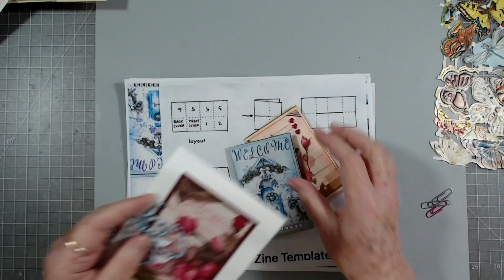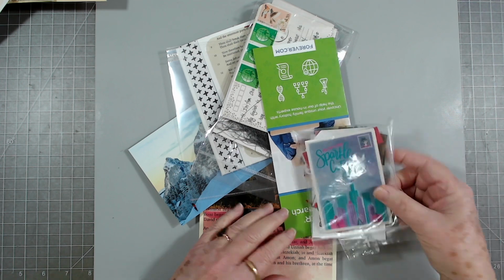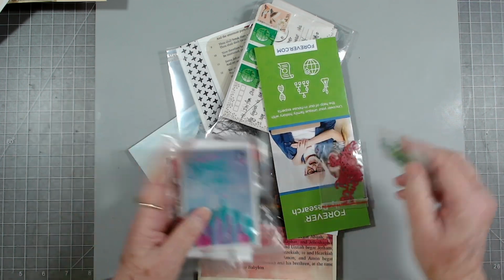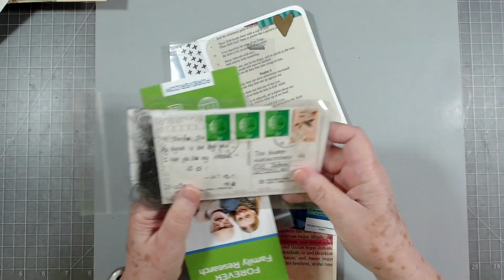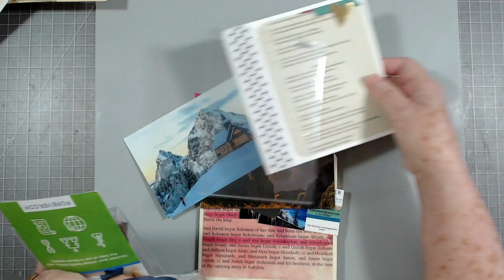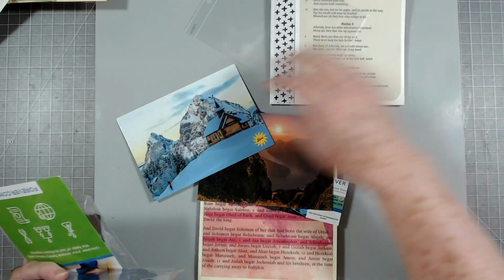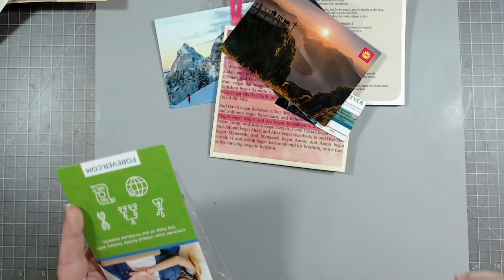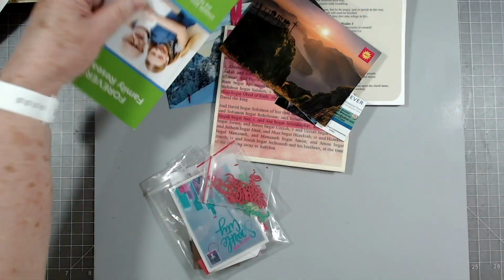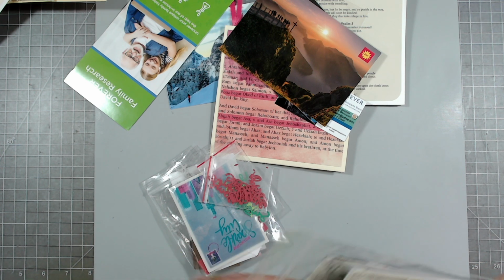I appreciate that, Phyllis. Now, I received this package from my sweet friend in Switzerland. She is so, so sweet. I got it a while ago, and I just haven't had time to do a haul video. So I told her that I apologized and I would get it done just as soon as I possibly could. So I'm going to lay it out here, and we'll just start going through one thing at a time. Now, this postcard has her address on it, so I don't think...